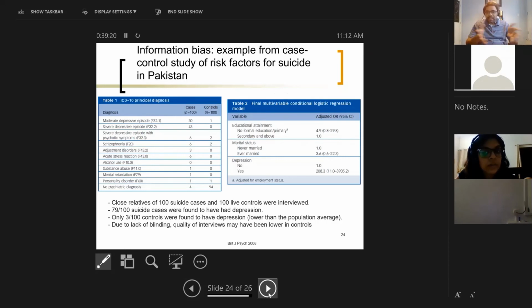Successful suicide, they're all dead. Controls were live people, and generally they were found in the same neighborhood as the cases. Cases were identified through police reported suicides. Controls were neighborhood controls in the same locality